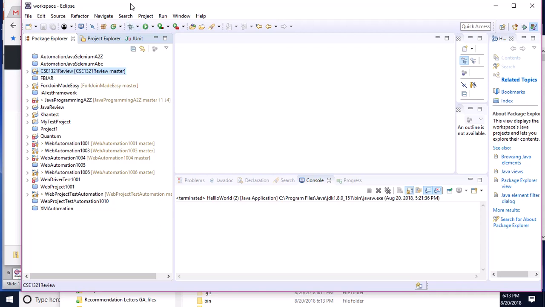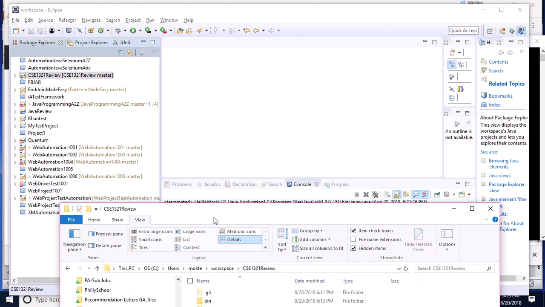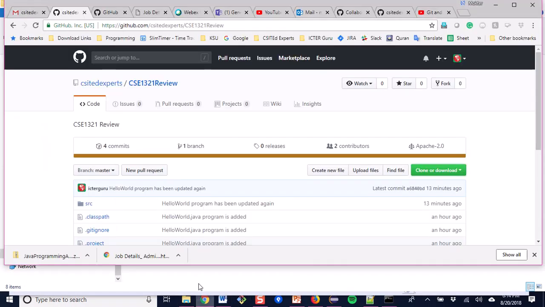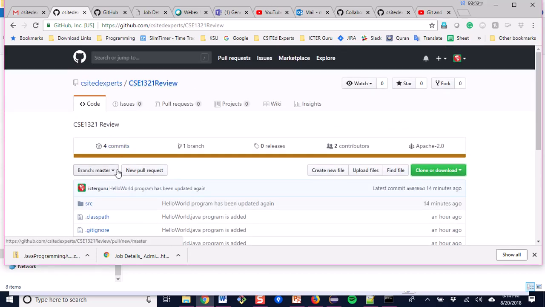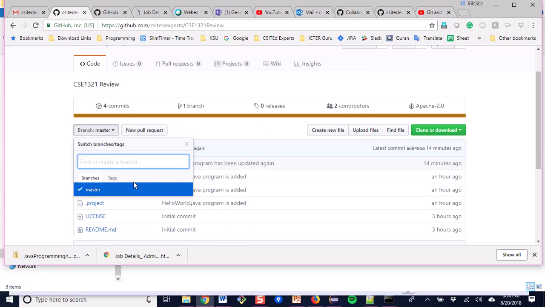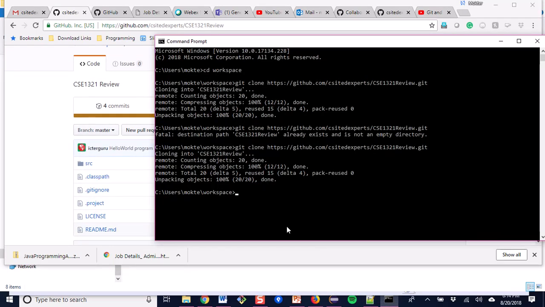This is CSE1321. This is the Eclipse project name. So here the Eclipse project name and GitHub project name are the same, which is why you see this thing twice. And master means this project is linked with the GitHub's master branch. So if we go here and see, this is the master branch. So this project has only one branch. Later we will show you how to create new branches. So for now,